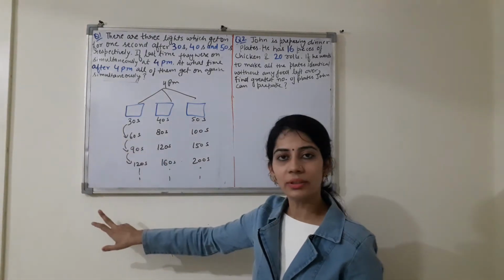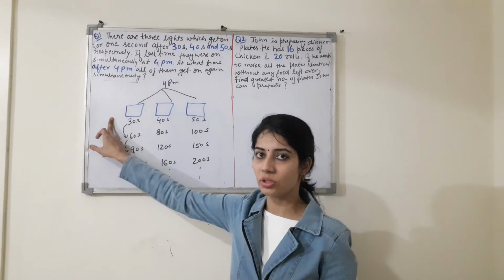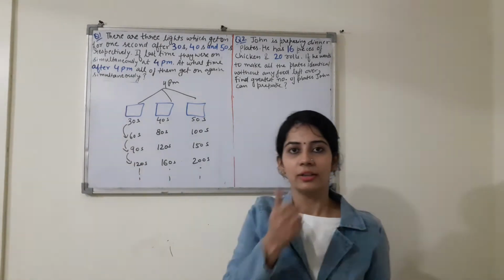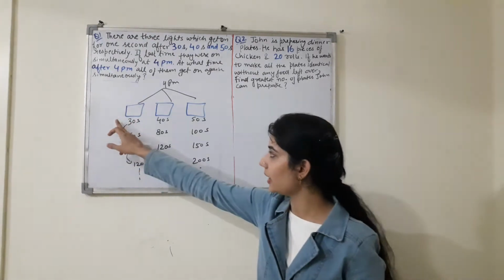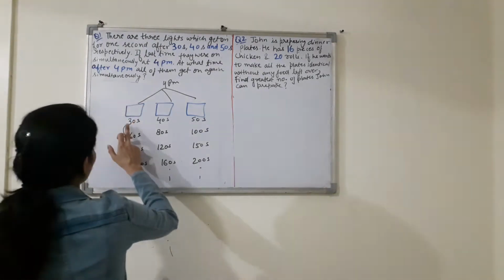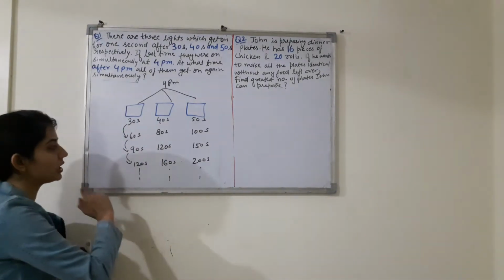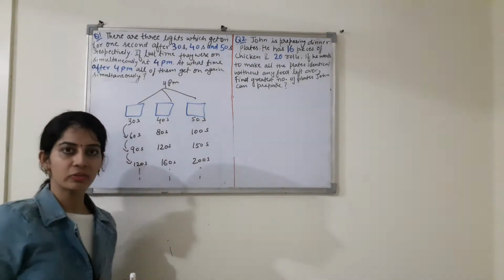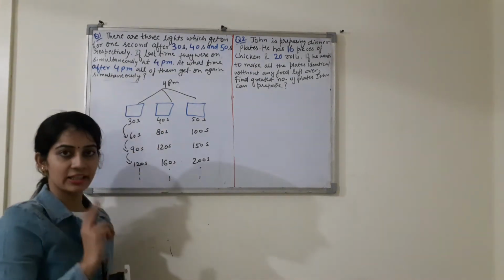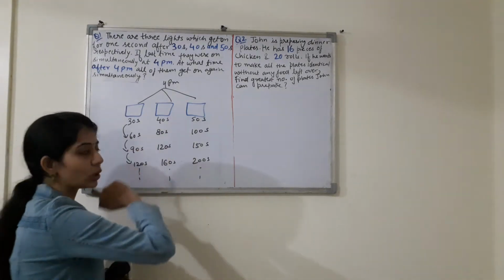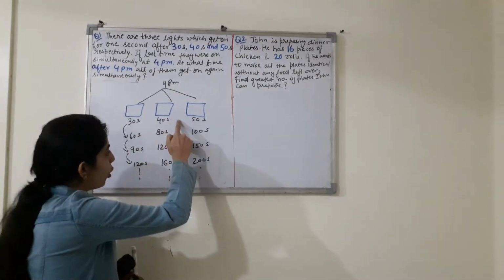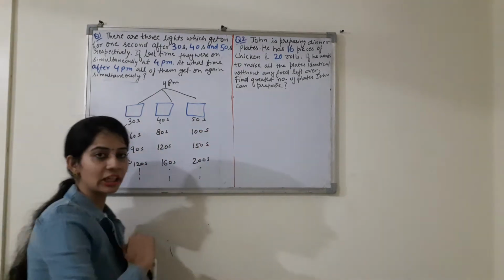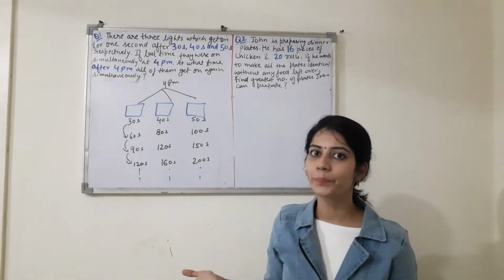Now look at this question. You can see these numbers. The first light gets on at 30 seconds, then 60, 90, 120. All these numbers are multiples of 30, because we are doing 30 into 1, 30 into 2, 30 into 3, 30 into 4, and so on. Similarly, for the second light, 40 seconds, then 80 seconds, all these numbers are multiples of 40. And similarly, the third light's times are the multiples of 50.